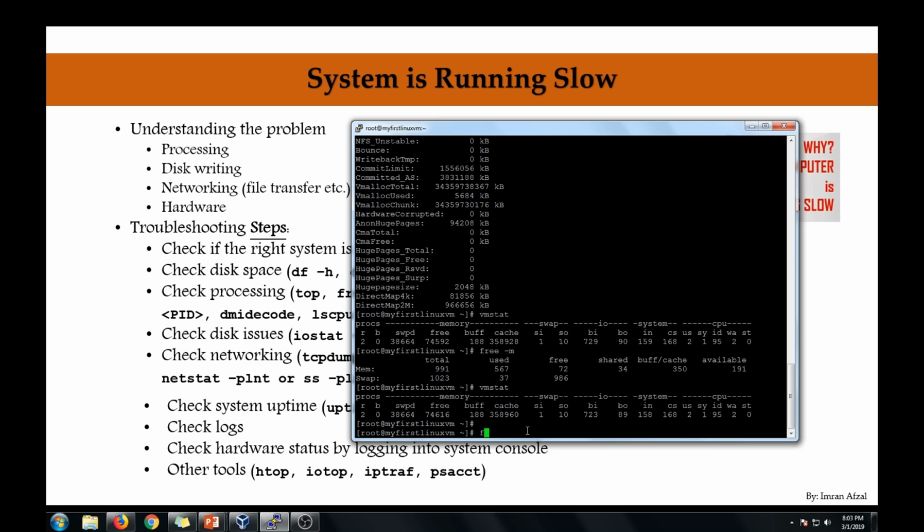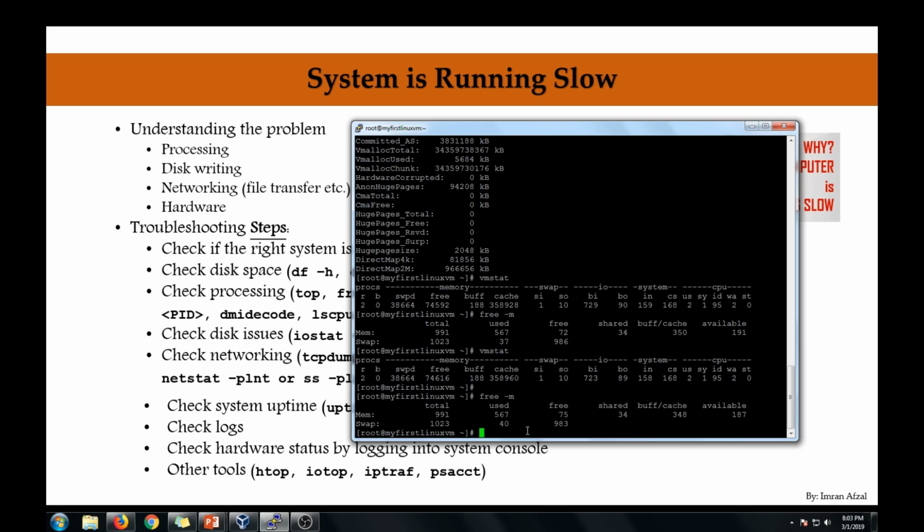By the way, free can also give you both the regular memory and swap memory. So check the memory status. Make sure the memory is not used up. If it is, then you actually have to assign more memory to this machine, because it is using up